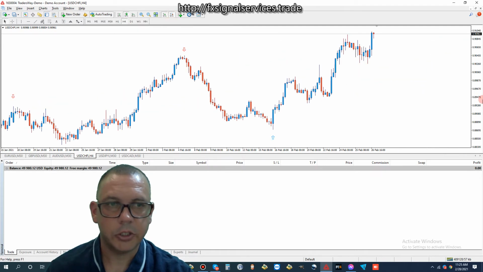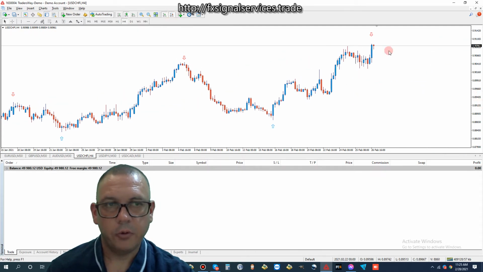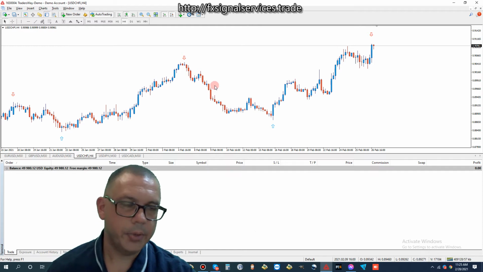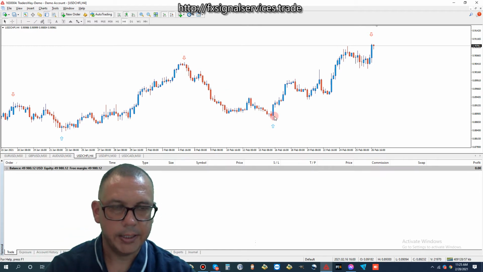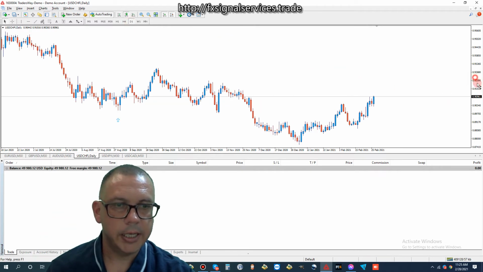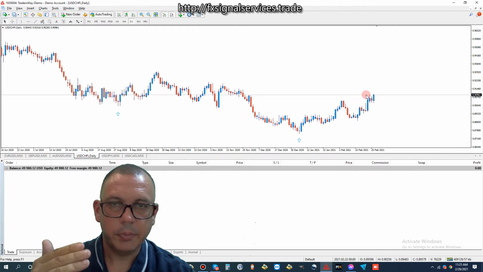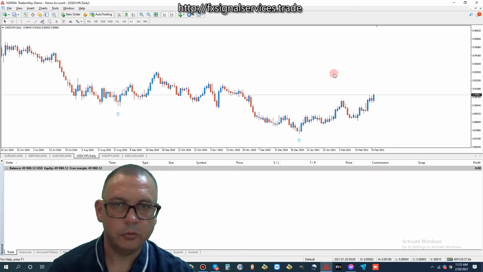If you look at the 4-hour chart, we hit some strong resistance right here, but we had this big surge up. What's going to happen is the price is going to drop back down probably this week, and then the following week we'll see it spike back up again. If you look at the daily chart, the daily chart shows the buy, and it's going to be a long time before we see another red arrow.